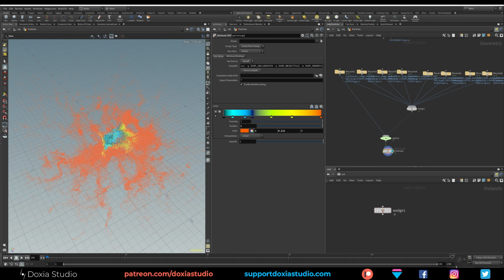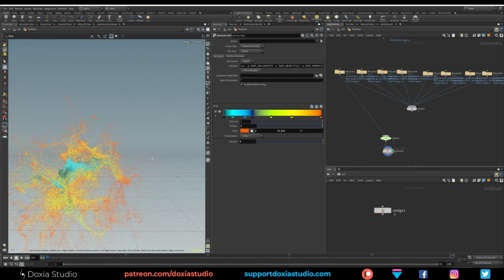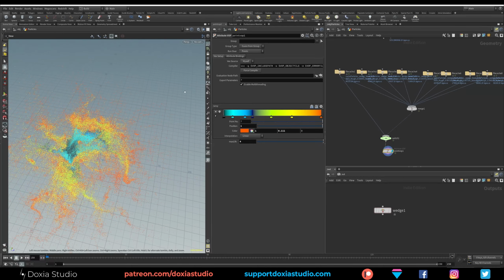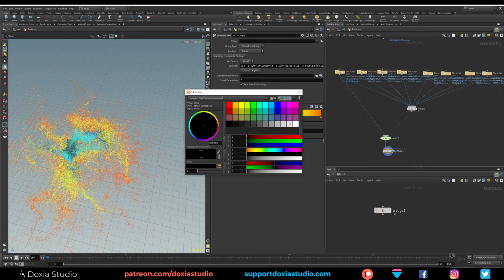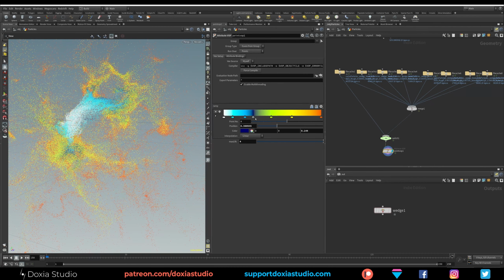Okay, pretty cool. We have 150. I'm working with 30 frames per second, so I know that is 5 seconds. Okay, but I want lower. Something like that. That's pretty cool. And I want the center to be white. I think that's cool. Let's increase this a little bit. Something like that.